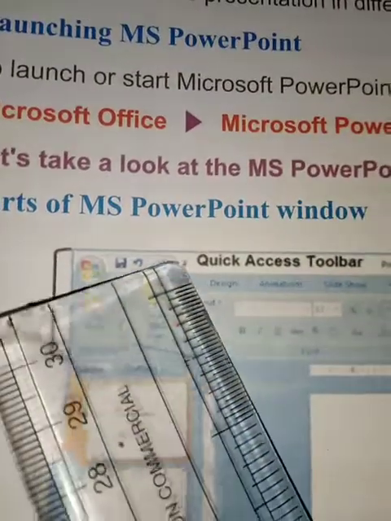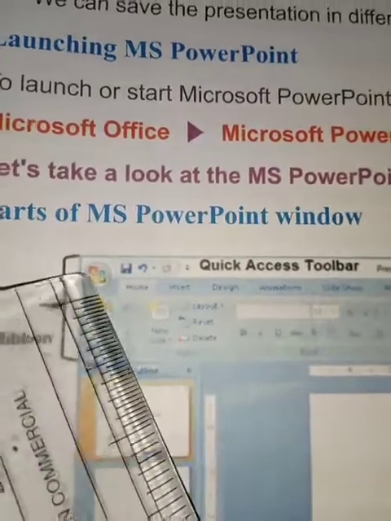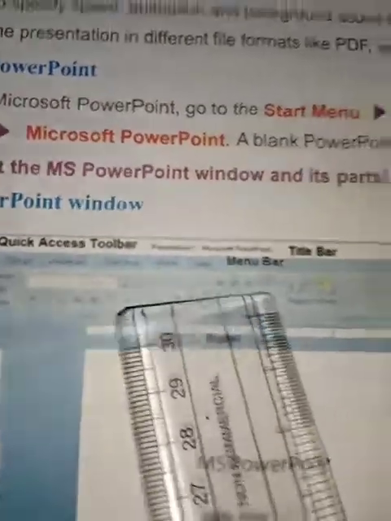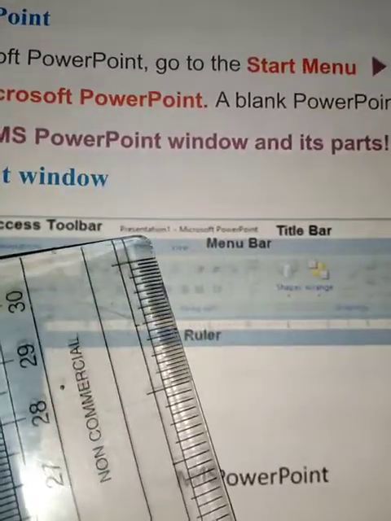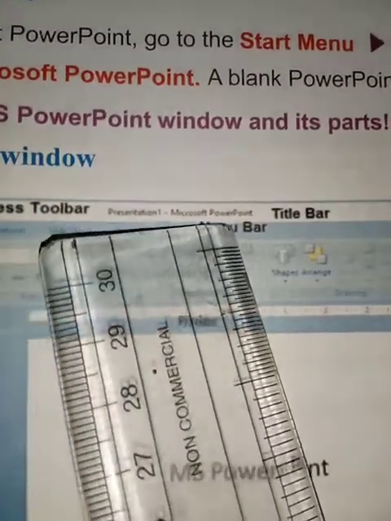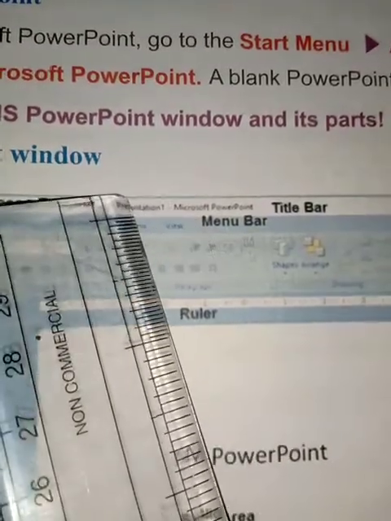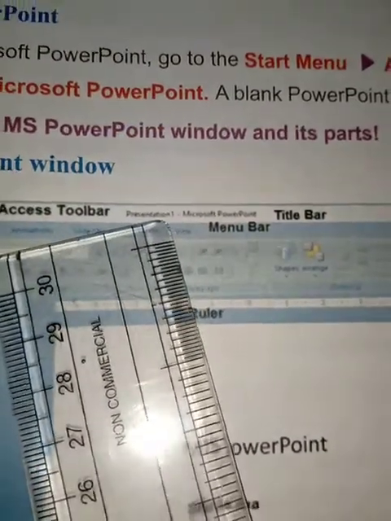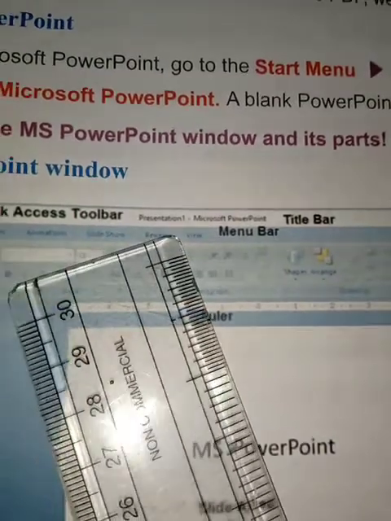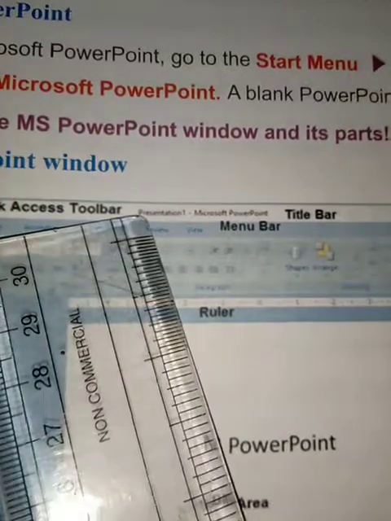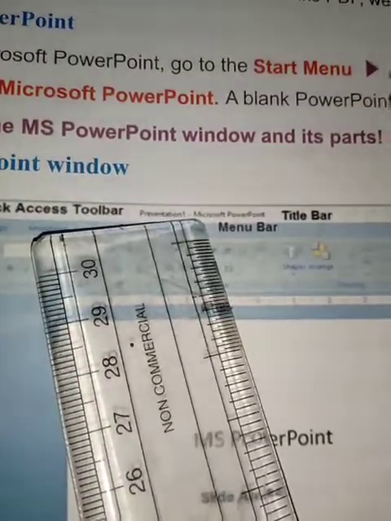These are the quick access toolbars. And here you can see Presentation 1 - Microsoft PowerPoint. This Presentation 1 is the title given to your presentation. You can give it as you wish, like chapter 1 or anything as you wish. You can give your name itself. So this is the title bar.